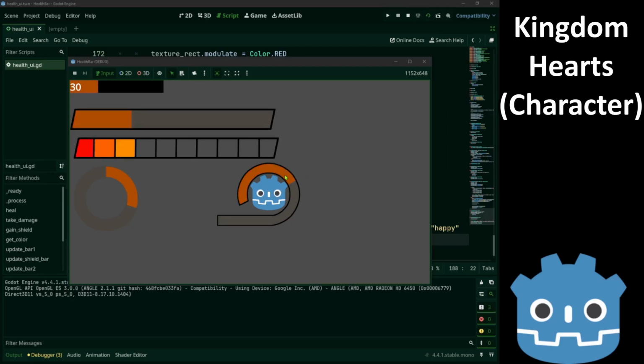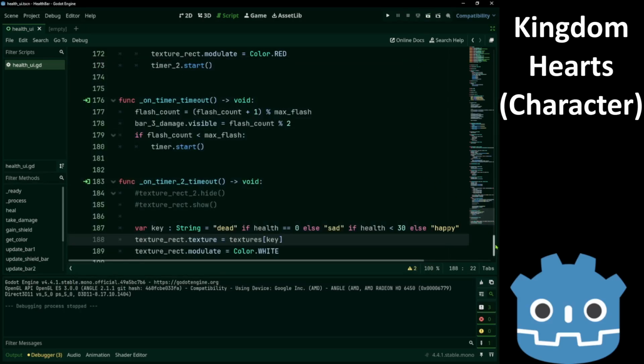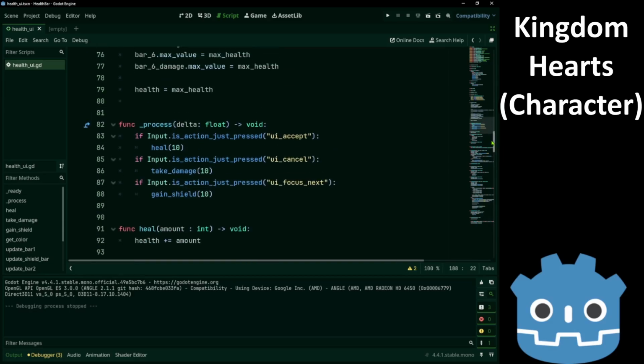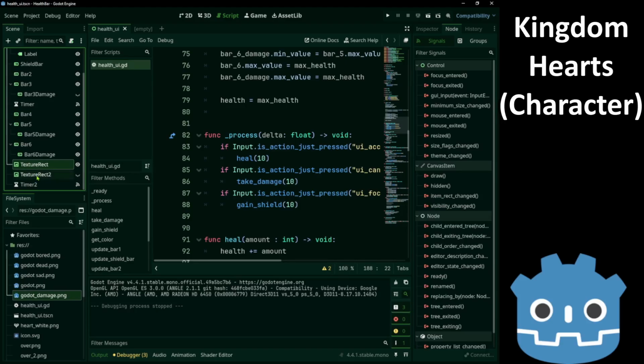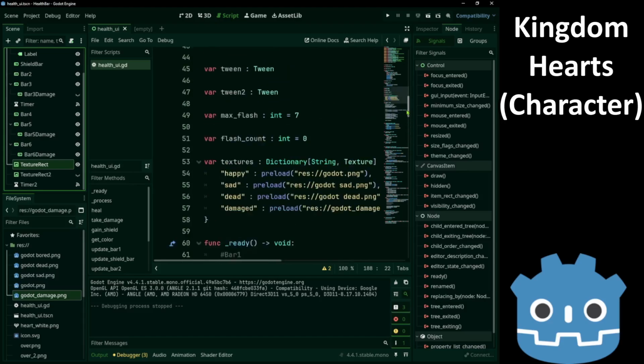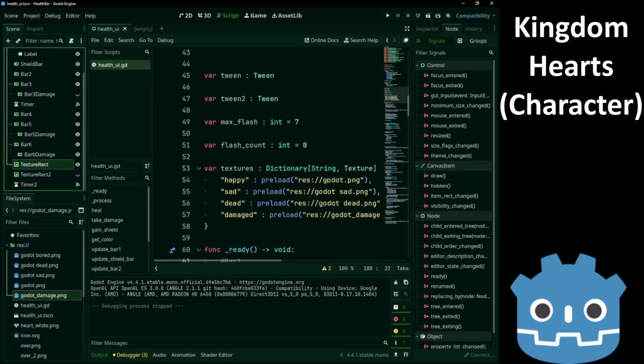If we increase the health, it changes again. So that's the alternative. Instead of having many texture rects over here and showing and hiding each one of them, you can have a dictionary of textures.